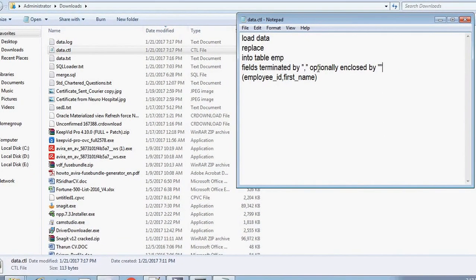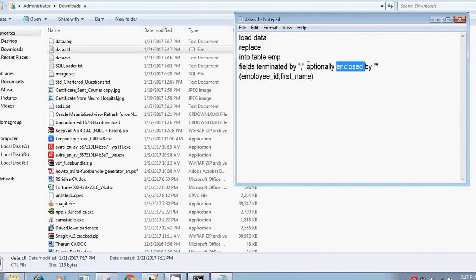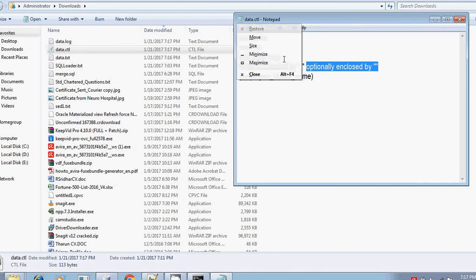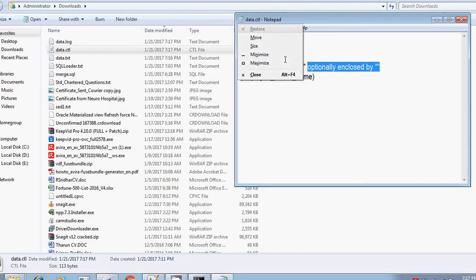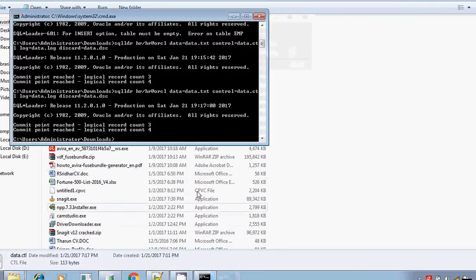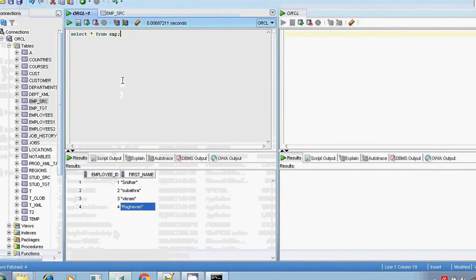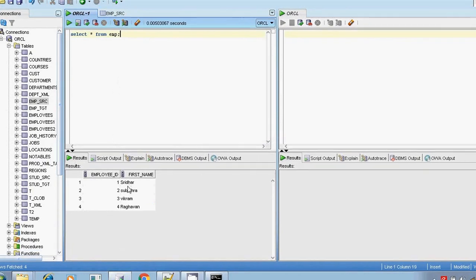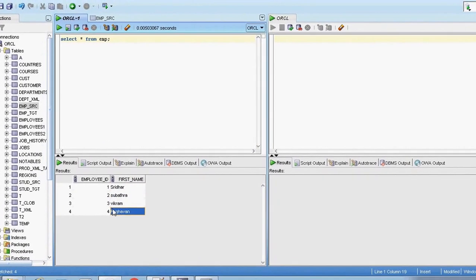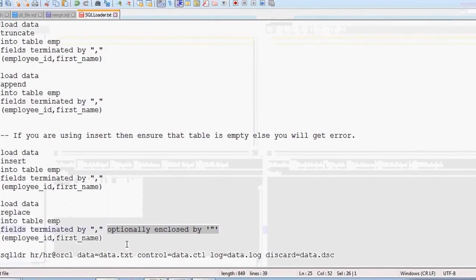It means some of the field values are optionally enclosed by double quotes, so remove those double quotes, not the entire value, and then insert. Let me insert it again and check it in the database. Now if you see, double quotes are not inserted, and that is the purpose of giving optionally enclosed by double quotes.